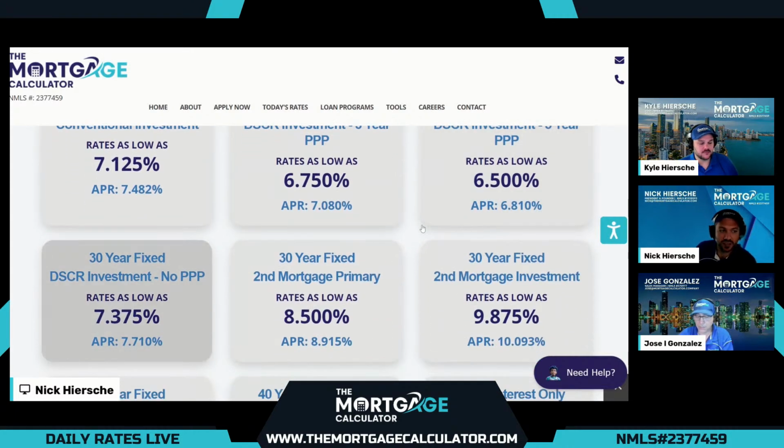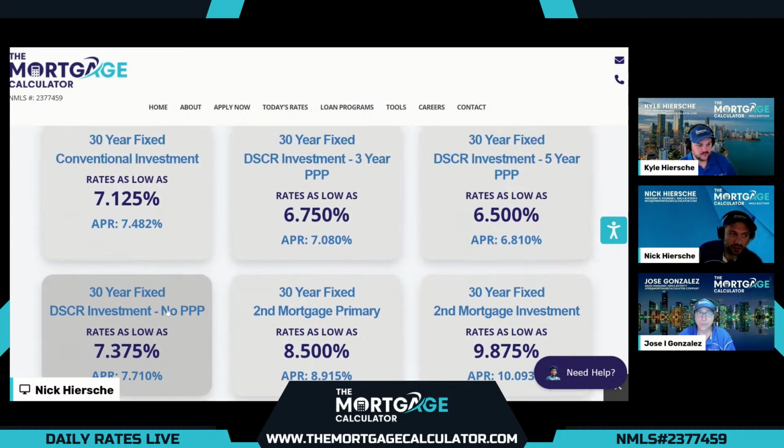And the final option for DSCR, no prepayment penalty. Some states don't allow a prepayment penalty, and some people don't want one. That's not a problem. Rates come in today, 7.375, final APR 7.710, which is a little more expensive than conventional, but most investors, I'd say pretty much 100%, will choose a DSCR over conventional, even if they're priced well higher than the conventional option.